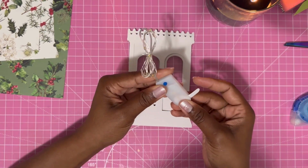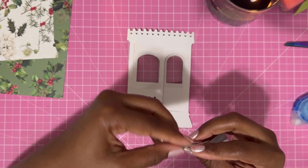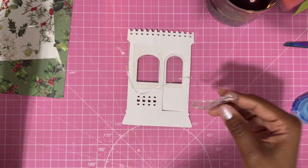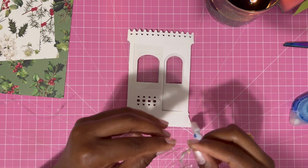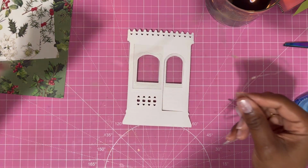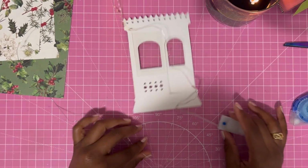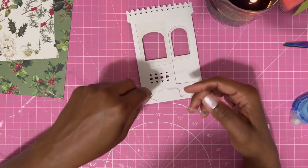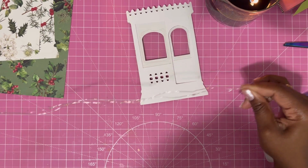Okay, so pretty much, they come like this in a pack of 12, or you can get them in different quantities. So you just unravel it, and I usually like to use the 3.5 feet. I find that the 7.5 or 8, or something like 10 feet, is a little too long for these card projects or altar projects that I do, because they're usually a smaller size. So what you got to do is just take this and bend it to shape, to get it to go around